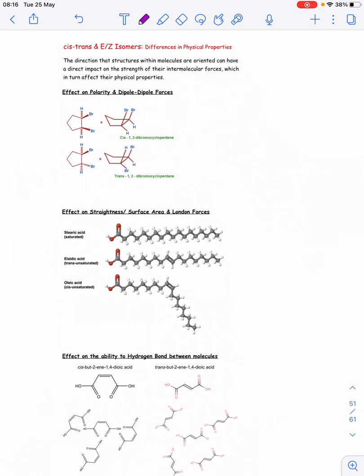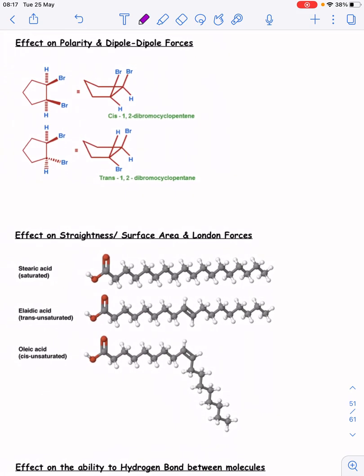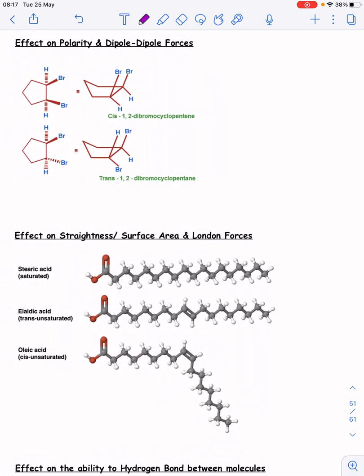Okay, cis-trans and E/Z isomerism and its effect on physical properties and chemical properties. Not a major portion of this topic. Mostly it's about identifying this isomerism and possibly naming it, but they can have some small questions about its effect on different properties. So if we look at a couple of examples, you can see that cis-trans isomerism could affect